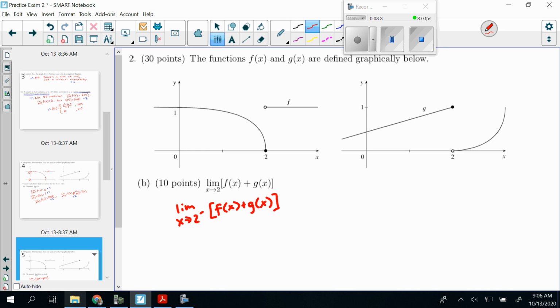Well, from the left, we already know f of x equals 0. From the left, g of x, the y value looks like it's 1. And so combined together, this limit from the left is going to equal 1. If we do the same thing from the right now,